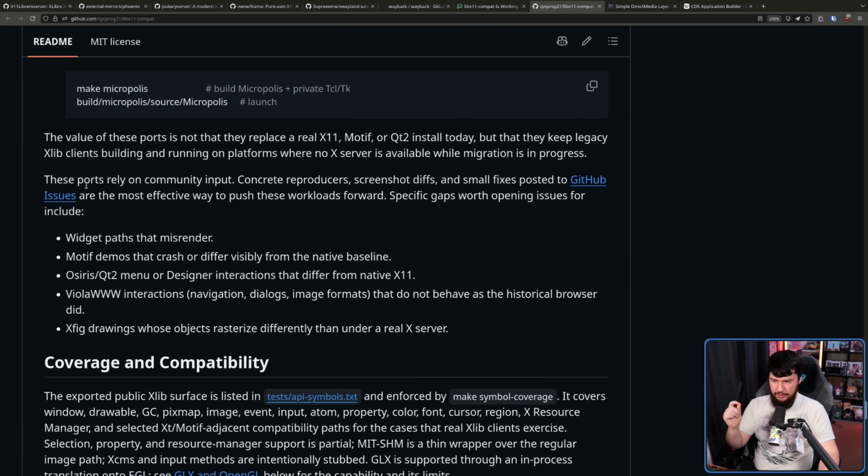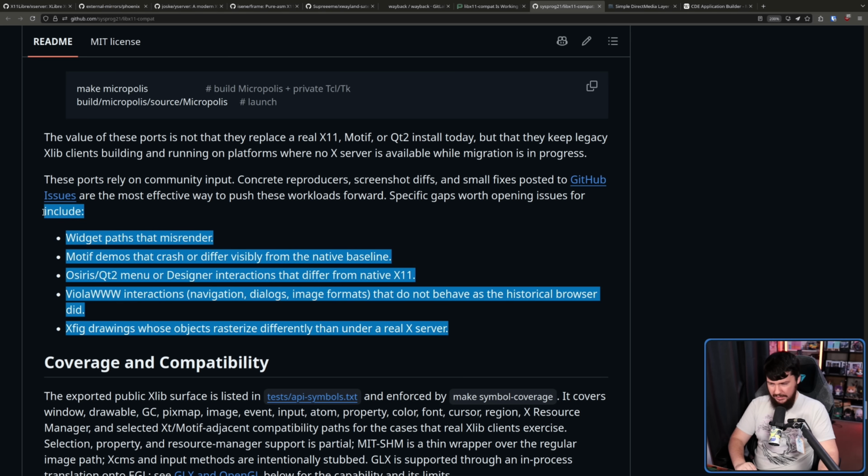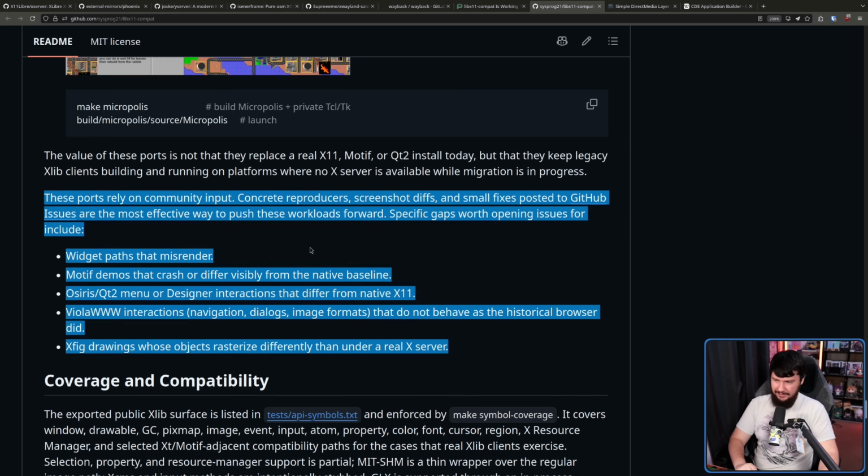These ports rely on community input. Concrete reproducers, screenshot diffs, and small fixes posted to GitHub issues are the most effective way to push these workloads forward. Specific gaps worth opening issues for include widget paths that misrender, Motif demos that crash or differ visibly from the native baseline, Qt2 menu or designer interactions that differ from native X11, Viola WWW interactions, navigation, dialogues, image formats that do not behave as the historical browser did, Xfig drawings whose objects rasterize differently than under a real X server,